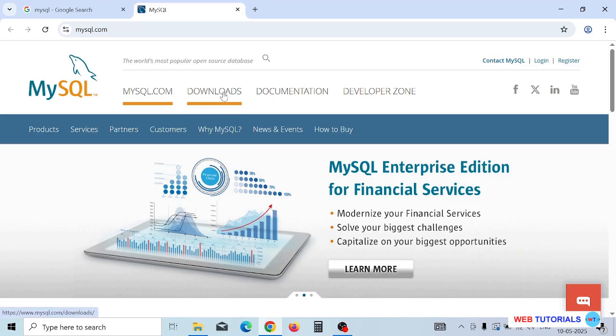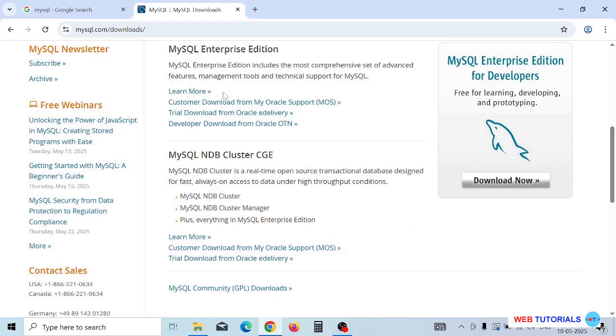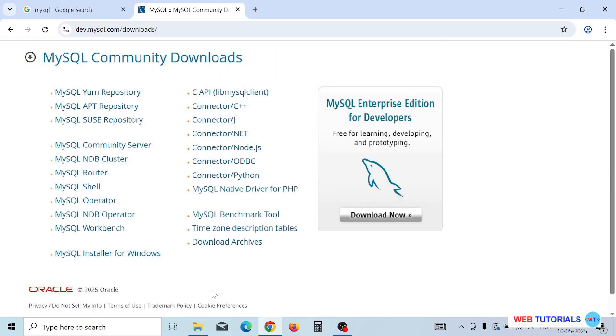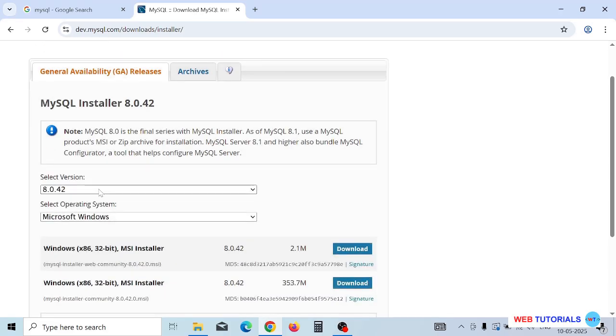Click on download section. Scroll to the bottom, click on MySQL community downloads. Click on this link, MySQL installer for Windows. You can see the latest version for MySQL is 8.0.42,